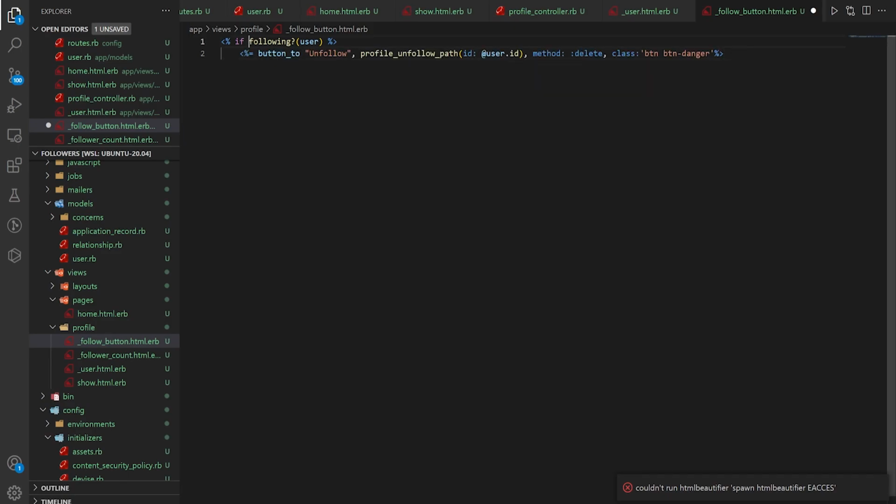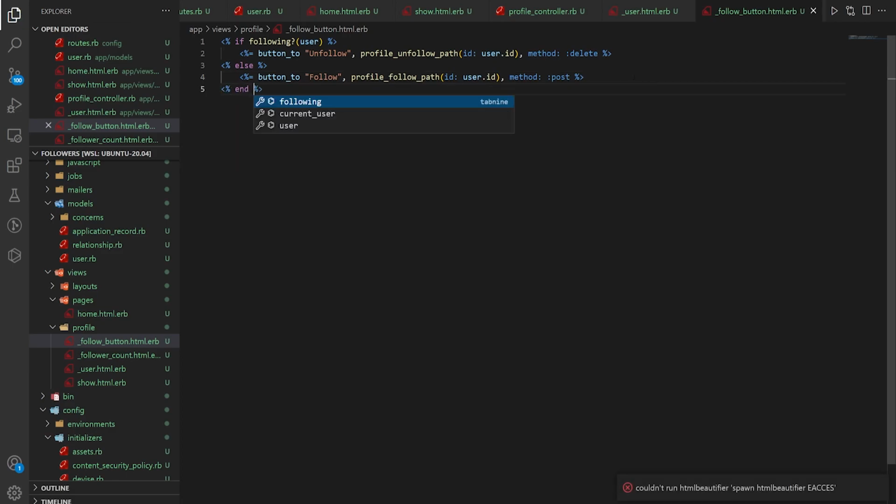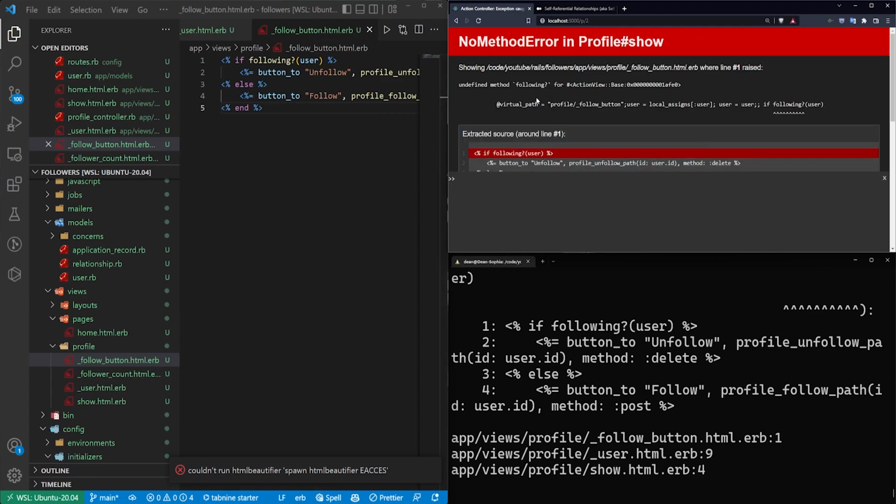So we're going to say if we are following this user, which is a helper method we have to create, then we want to unfollow this user by going to the profile unfollow path with an ID of the user.id, a method of delete, and this class doesn't matter because we don't have Bootstrap in this application. Else, we are not following this user yet, which of course means that we need to follow this user. So then we'll say this is a button to follow the user, which takes us to the profile follow path with an ID of user ID and a method of post. We can then come down here, say end, and this will all work 100% of the time,